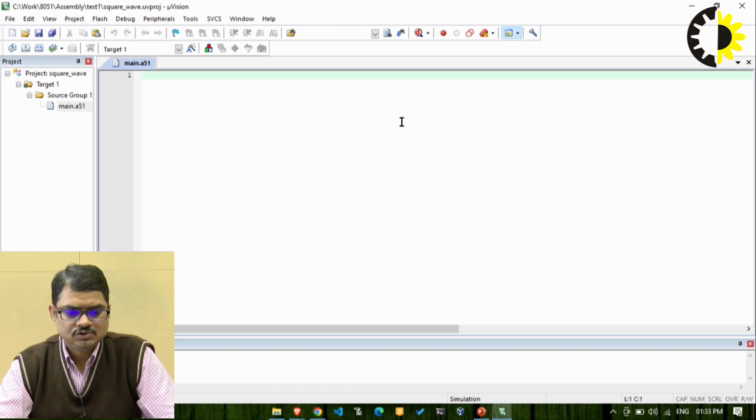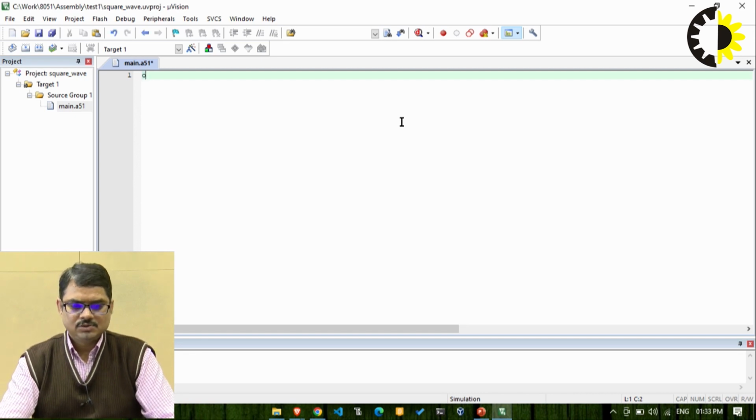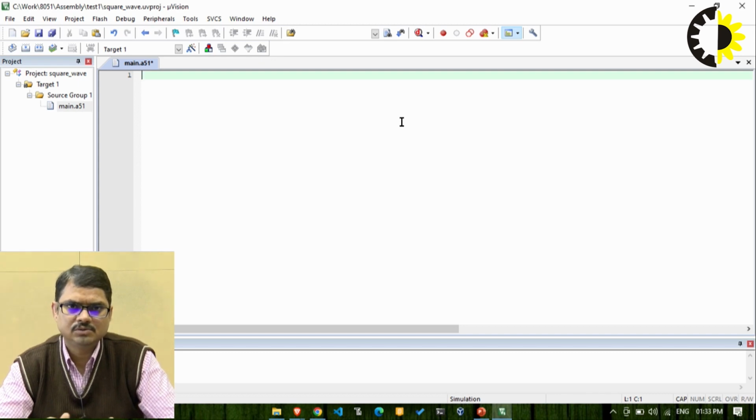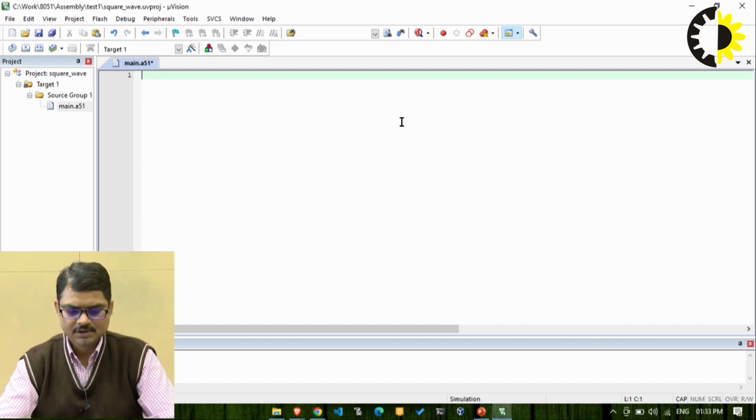So the first instruction that is required, remember the problem statement: we are going to generate a square wave with any general purpose input output port pin. So the first thing required is the assembler directive. I am writing with caps lock, and it hardly matters whether you write in uppercase or lowercase letters, it is perfectly okay. So I am writing ORG space